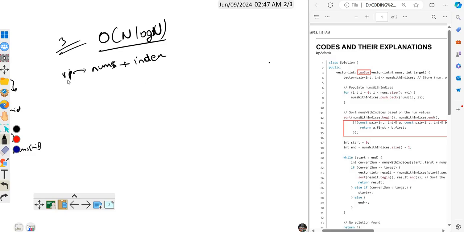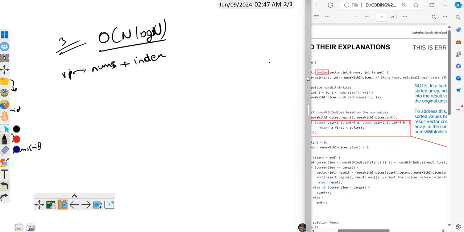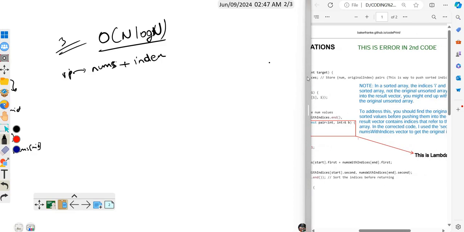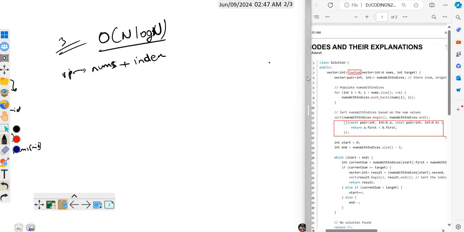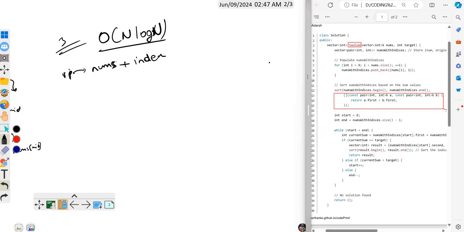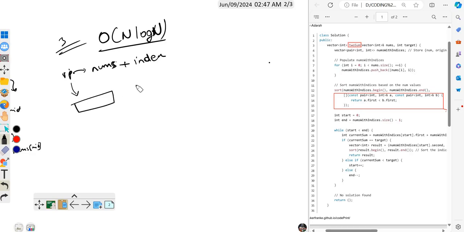This will get stored in this vector of pairs. So now what we can do is just push back every single element with its index in this vector of pairs. Then we will sort this,